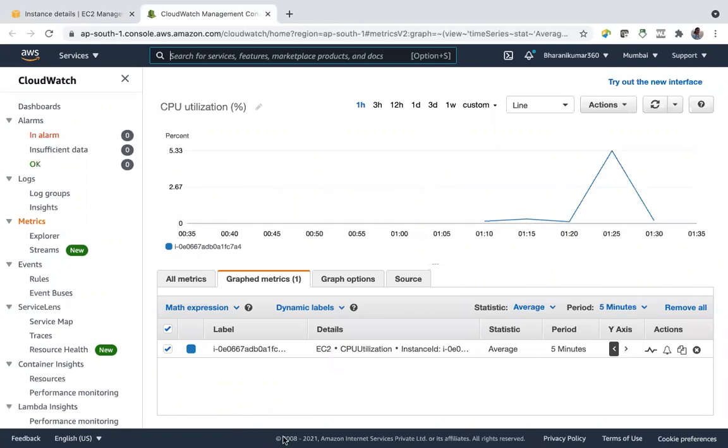And let us run this once again. This time we will use 10 workers. That means we are stressing CPU, and these workers are like 8 different workers which induce the traffic.